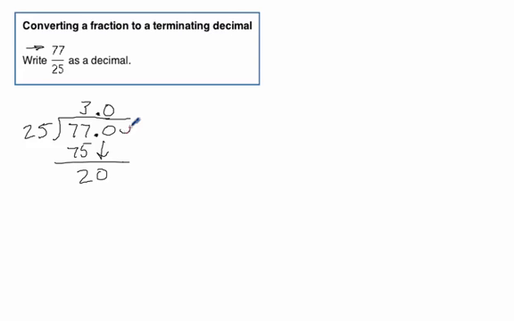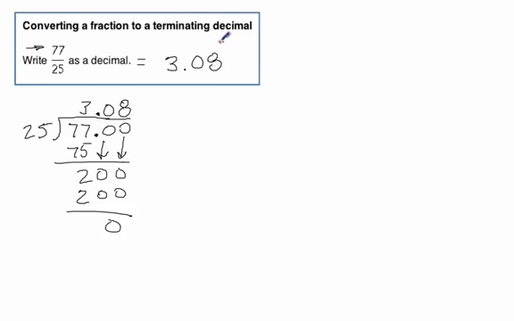And in this case, we have to add another 0, bring it down. And now all of a sudden we get 25 into 200. And that'll go 8 times. 8 times 25 is 200, so this is where we get our 0. Now, these are all going to end up coming out to be 0. It may go to more than 2 places, but it may not. Our final answer here is